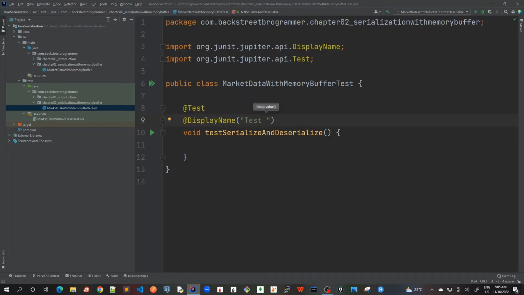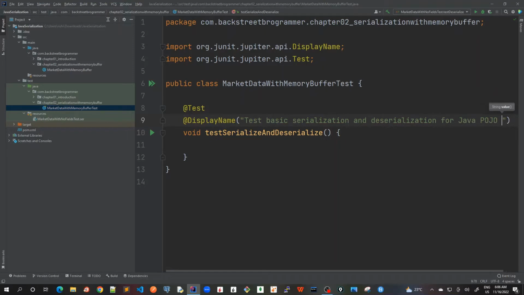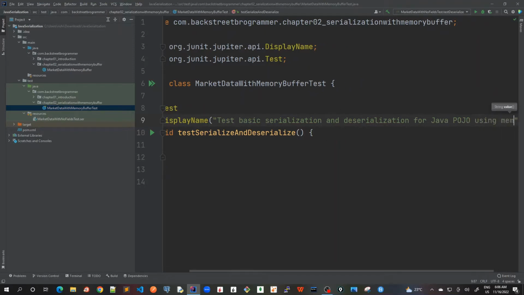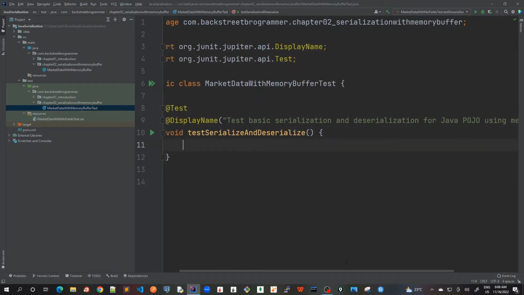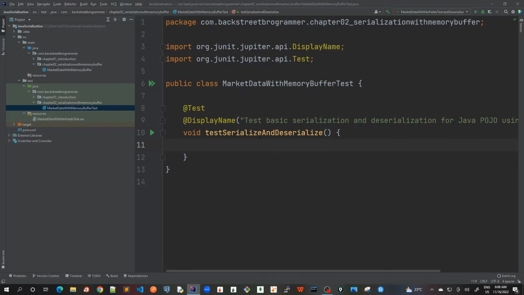So I will call it test basic serialization and deserialization for Java POJO using memory buffer. Okay. These details are good so that later when we come back here, we know what this test case is for. Also you have noticed that in our previous test case for chapter 1 with marketData